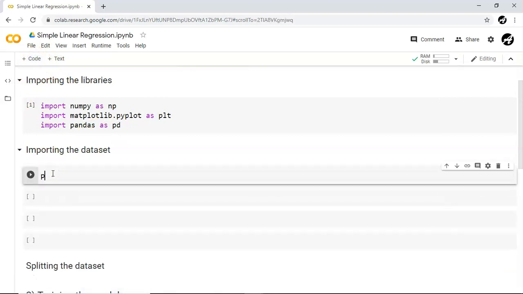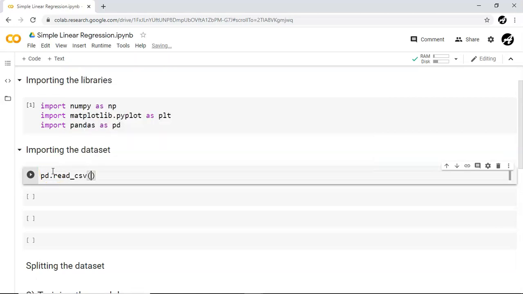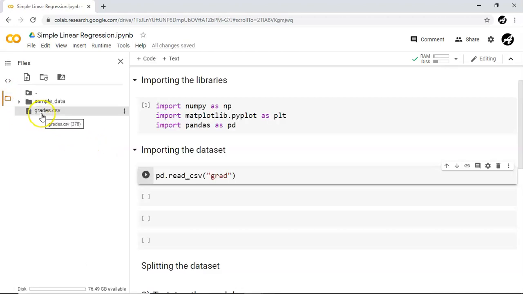So we will use pd.read_csv. It's not anything new. Earlier also we did the same thing. And we are inside the same working directory where we have uploaded this grades.csv file. So you do not need to worry about any kind of specific path.